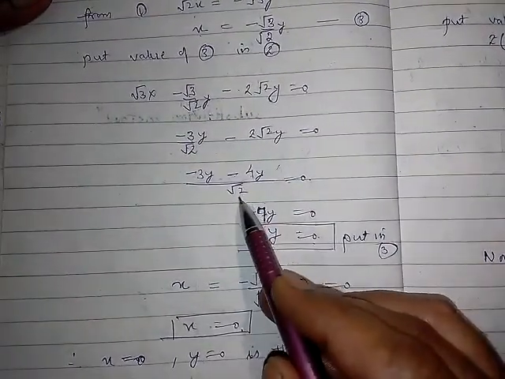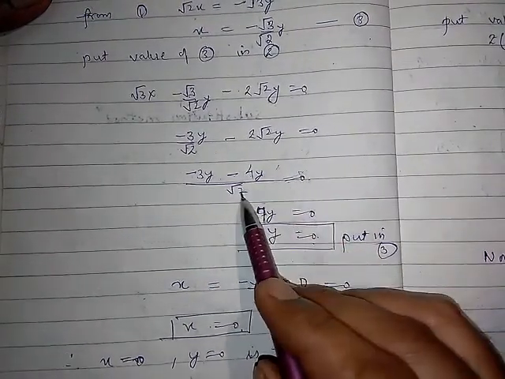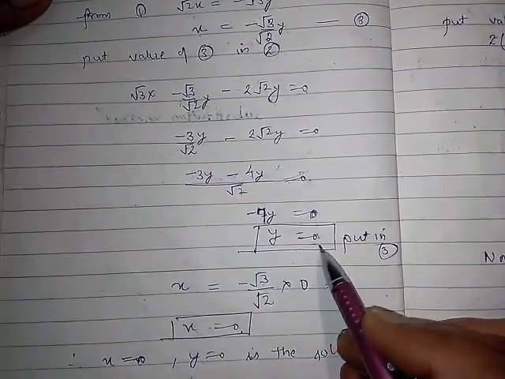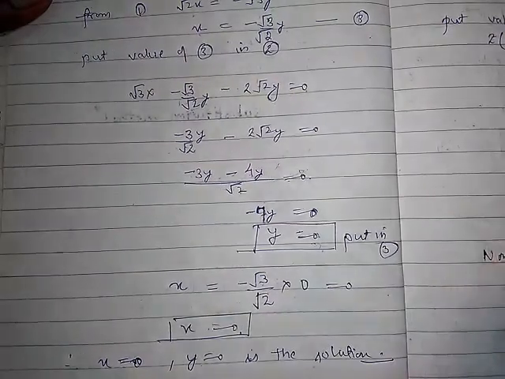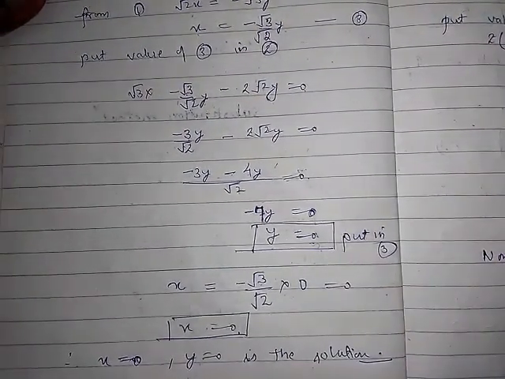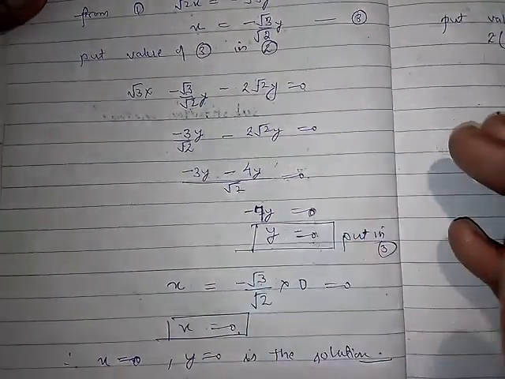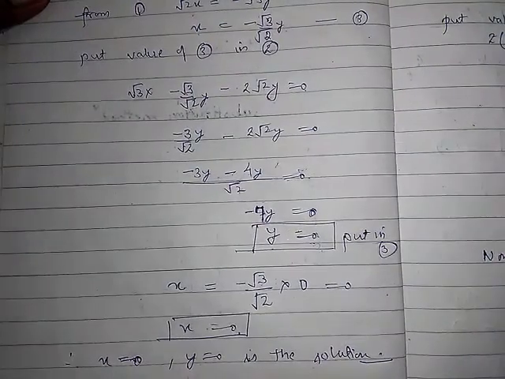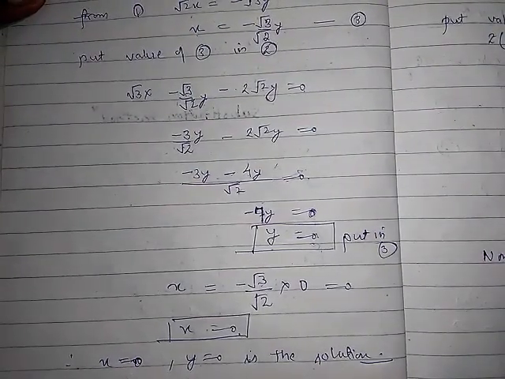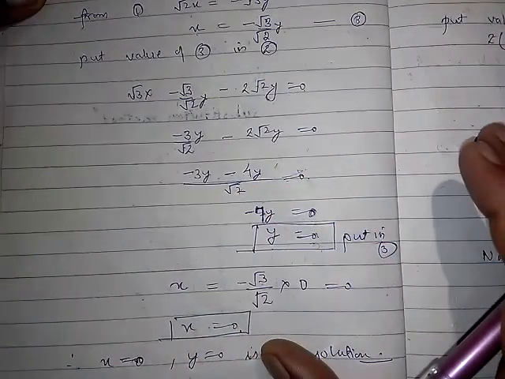So now you are thinking where this root 2 has gone. So this will cross here with 0, and 0 multiplied by something will be equal to 0, and y will be equal to 0 upon minus 7, and 0 upon something is always 0. So that's why I have written over here directly 0. So no need to show here that shifting the 7, crossing root 2. That has to be shown in the junior classes, in class 6, when you are just learning the simple equation. So here no need to show, no marks will be deducted for it.